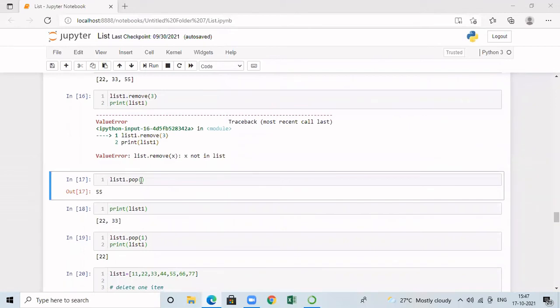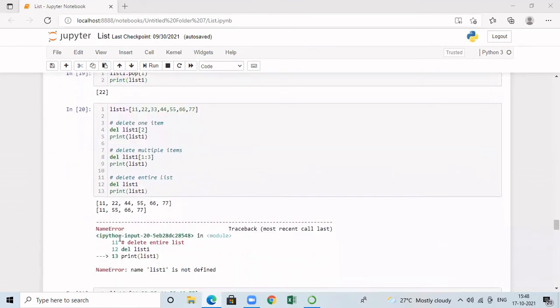And in this, we have not specified any argument to the pop function. We can even specify the index as argument to the pop function. Suppose if I specify the index to the pop as 1, it is going to remove the element that is present at the index 1. So now 22 is at the index 0 and 33 at the index 1. So 33 will be off from the list. And currently, the list will contain only one element, 22.